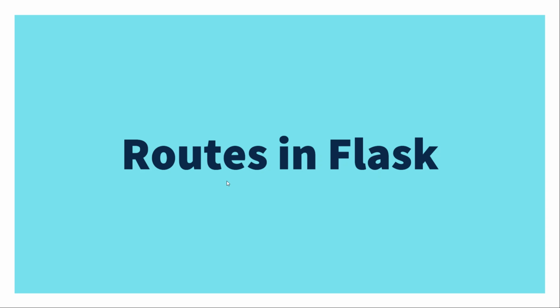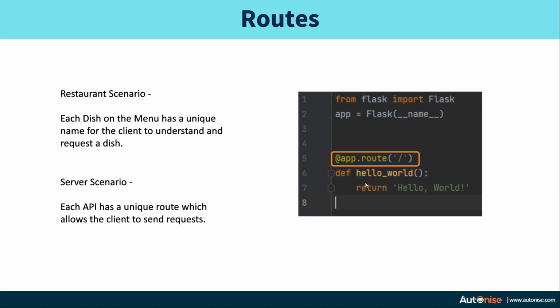So now that we have created the basic hello world request in Flask, let's understand what routes are. In the restaurant scenario, each dish on the menu has a unique name for the customer or the client to understand and request a dish. In a server scenario also, each API must have a unique route which allows the client to send requests. So the client should understand which API it wants to access, and for that each API has a unique name or a route. So over here we can specify the name of our route by doing @app.route,